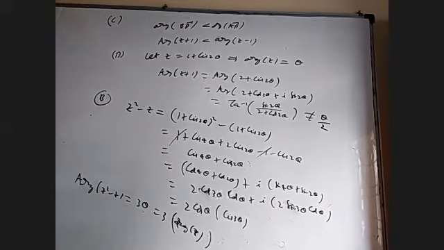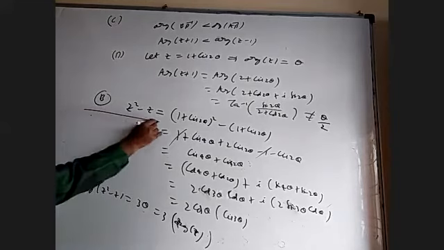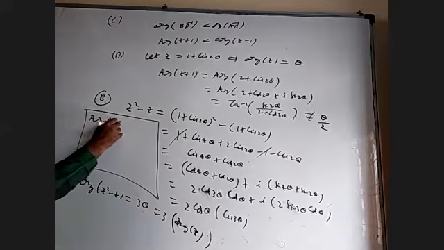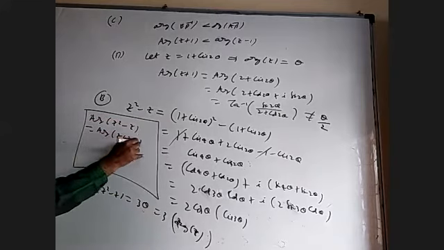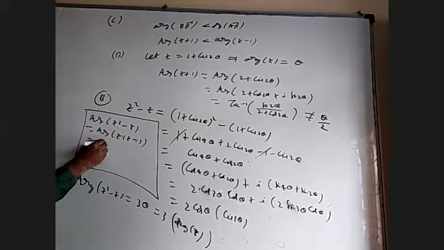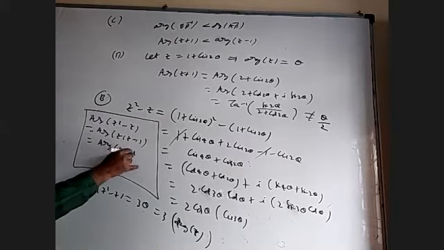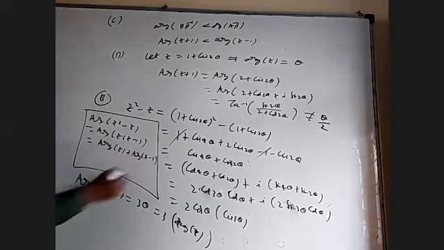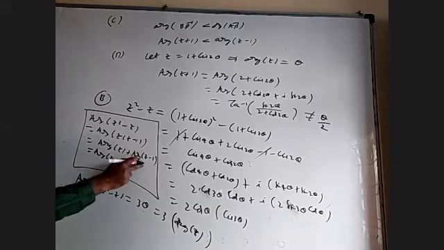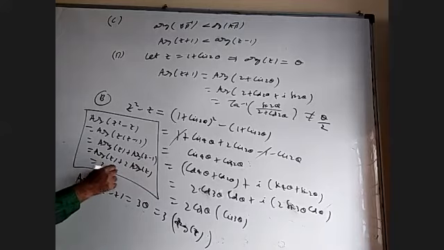Okay. This is all too lengthy. If you proved option A, it is easier than that. Why? The argument of z square minus z is very simple. Argument of z into z minus 1. Argument of z1, z2 is argument of z1 plus argument of z2. So you can write argument of z plus argument of z minus 1. Argument of z, we already proved in option A, is 2 times argument of z. When I add these two, it is proved: 3 times argument of z.